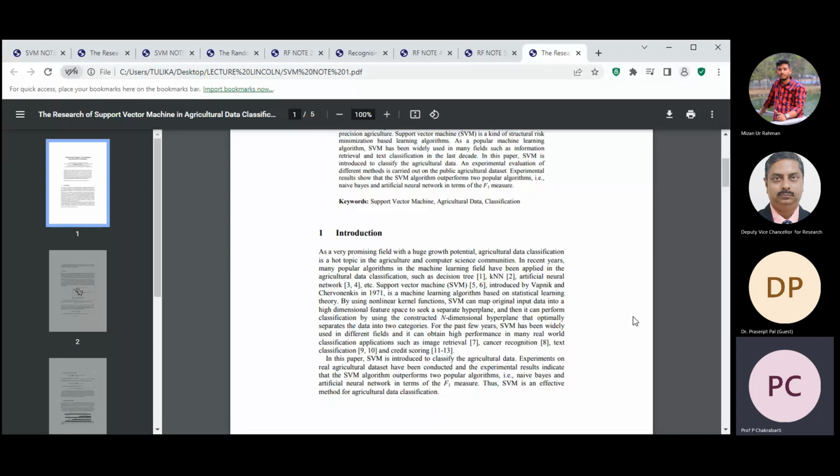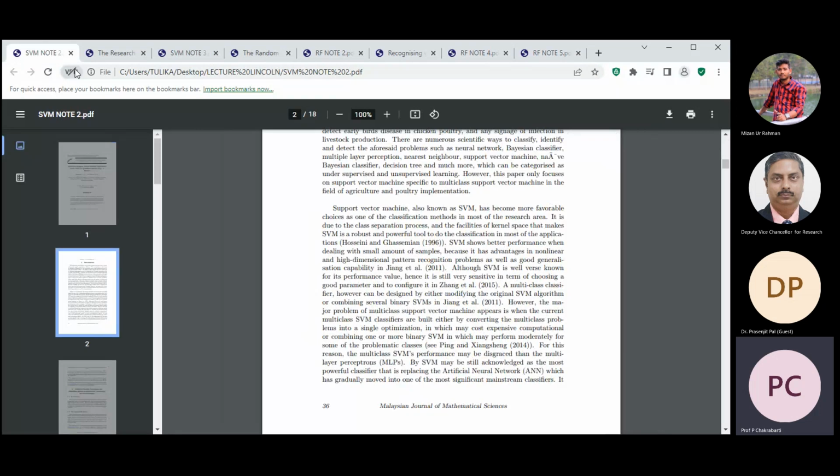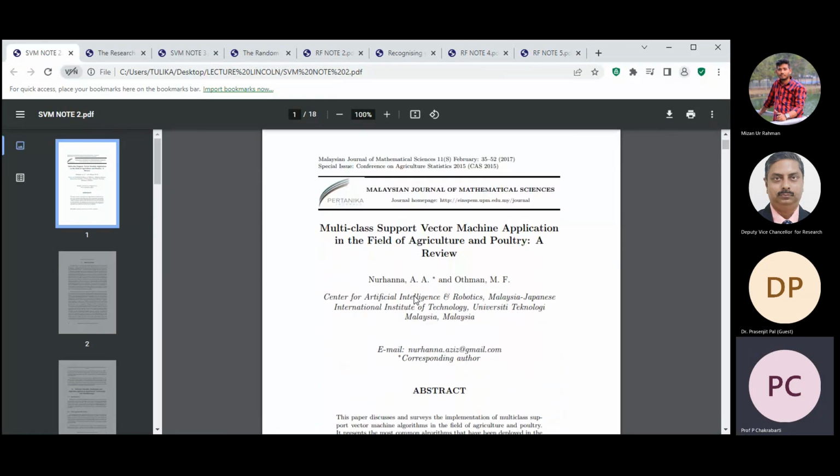So how do you minimize the delay? It is known as jitter, J-I-T-T-E-R. If you can minimize the delay, then the sensitivity and specificity will also increase, and accordingly your accuracy will also increase. So this is the first part. The second thing is that, as I told you, SVM